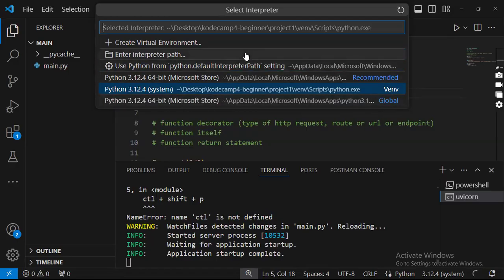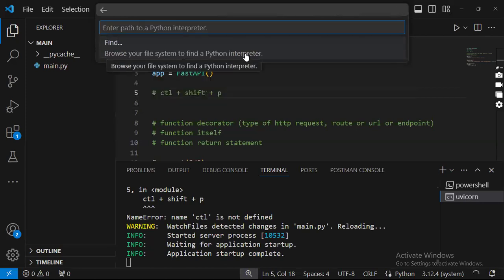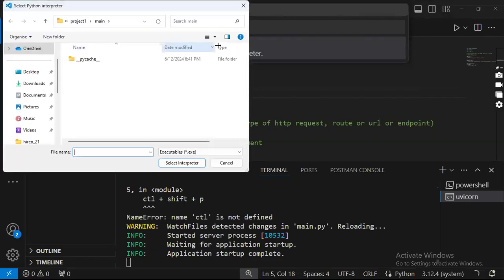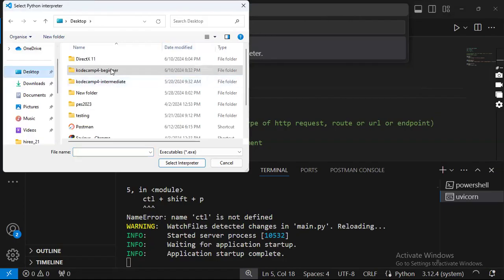Go to where you see Enter interpreter path, click on it, and then click on Find. It opens your file explorer. Now you want to navigate to where your venv folder is. In my case, it's on the desktop, in KodeCamp